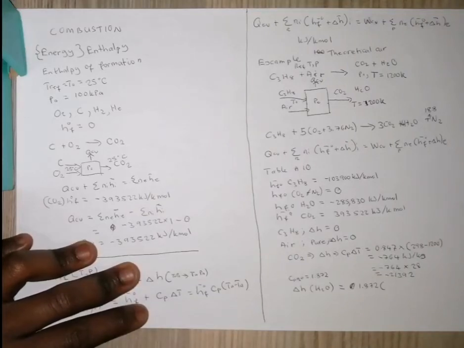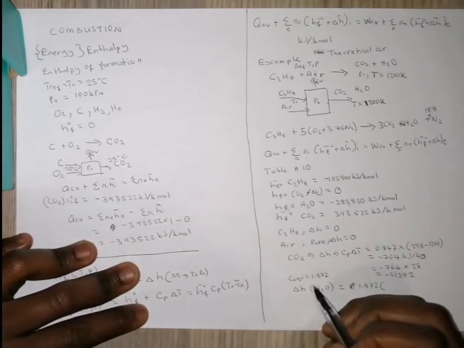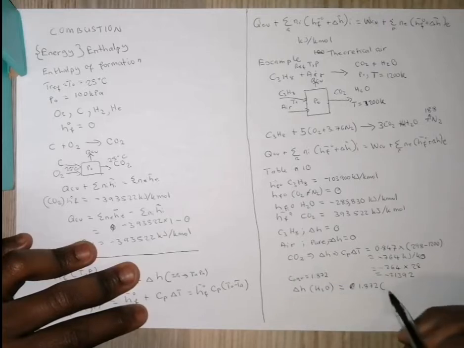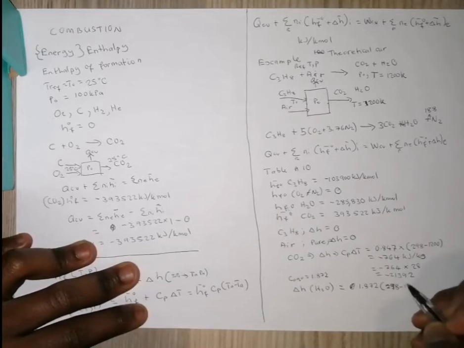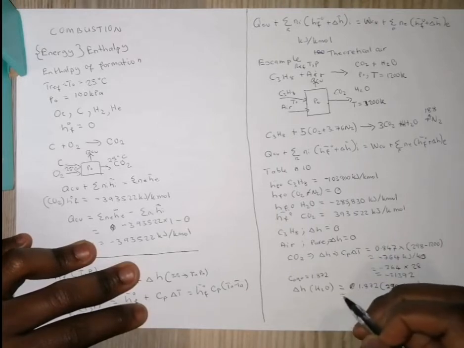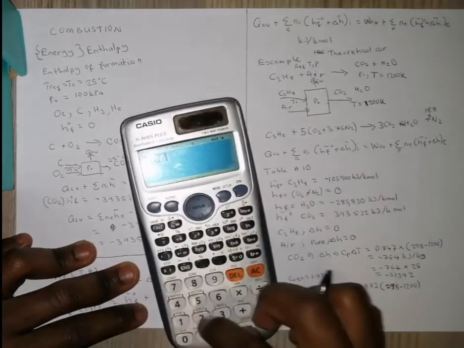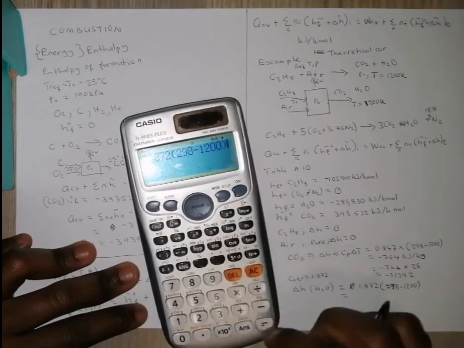Okay, so now our CP value is 1.872. That's our CP value for water. So to find the enthalpy change for water, we're going to multiply the 1.872 by the change in temperature from the standard. So which is 25, oh sorry, not 25, 298 minus 1200, which is equal to 1.872 times 298 minus 1200, which is equal to